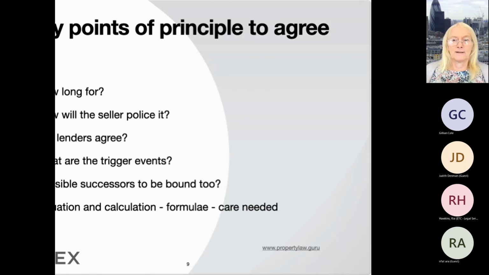What happens if, for some reason, two years down the five-year option overage period, the builder buyer wants to sell it? Is there something in there saying they will be allowed to do so?